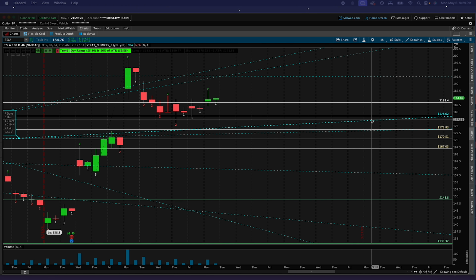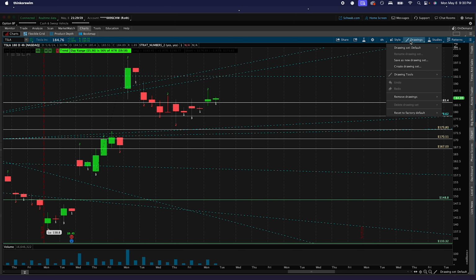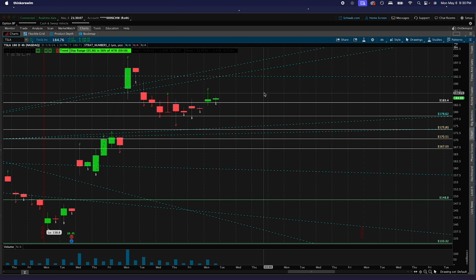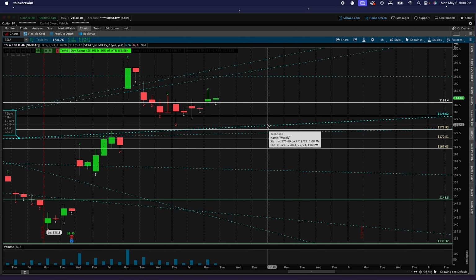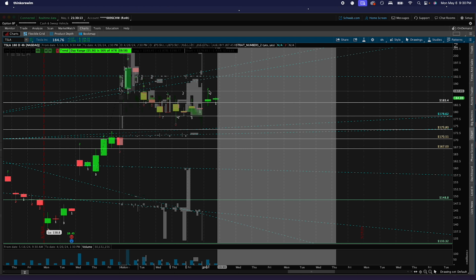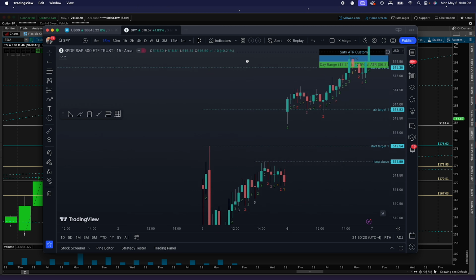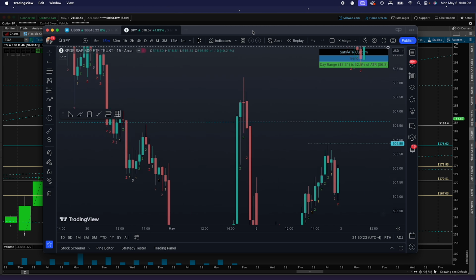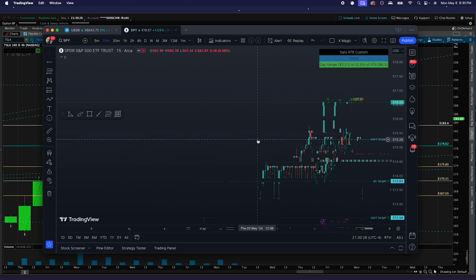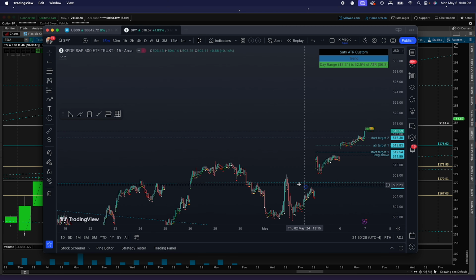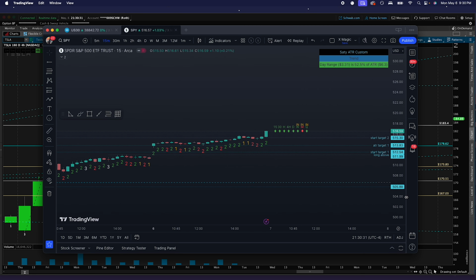Let's see. So yeah, the next thing, next to style, the drawings. So you can have your different drawing tools. When you first start off, it'll probably be the arrow. One thing to note, it's a little weird if you ever use TradingView compared to Thinkorswim, because if you click and drag, it'll zoom in, which is a little annoying personally, because I love TradingView. What I like is when I click and drag, it moves the chart around, so I can just go wherever I want, and then I can zoom out, bring the candles down if I want to make them smaller, zoom in, bring it up here,